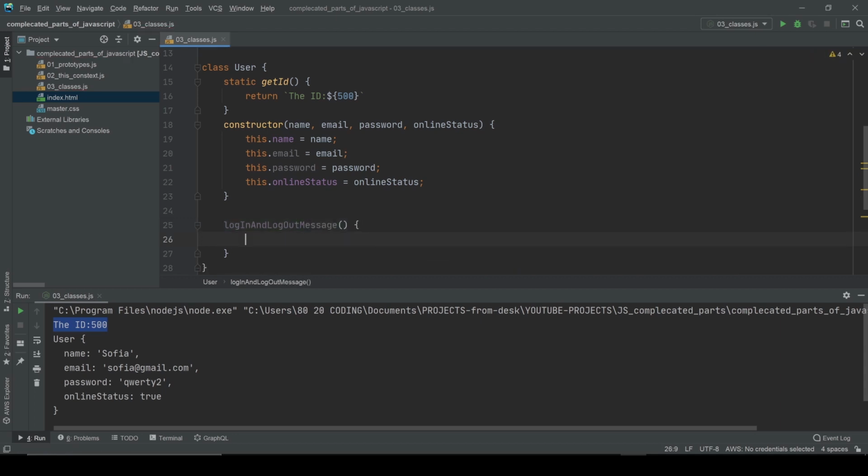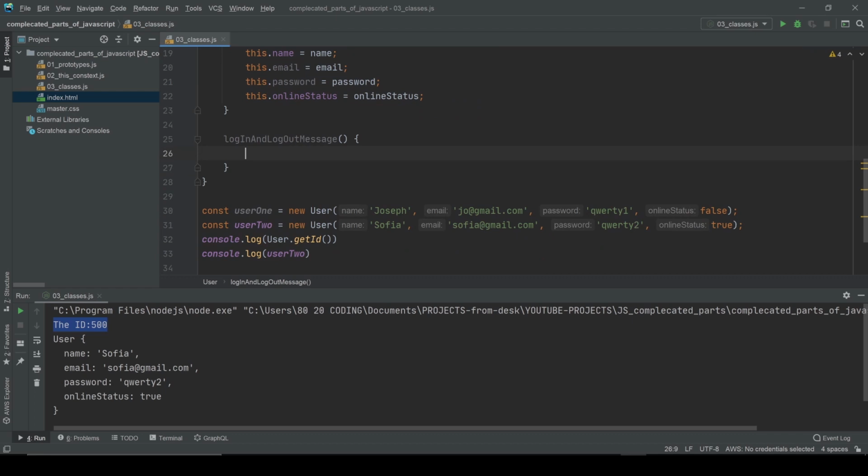So I'm gonna create the message for when the user is online. It's gonna show welcome and the name of the user, or if the user is offline, it's gonna say something like see you soon. Okay, so let's return and let's create the message. We're gonna use the ternary operator. So we're gonna say if online status, of course I need to use the this keyword, online status equal true, then